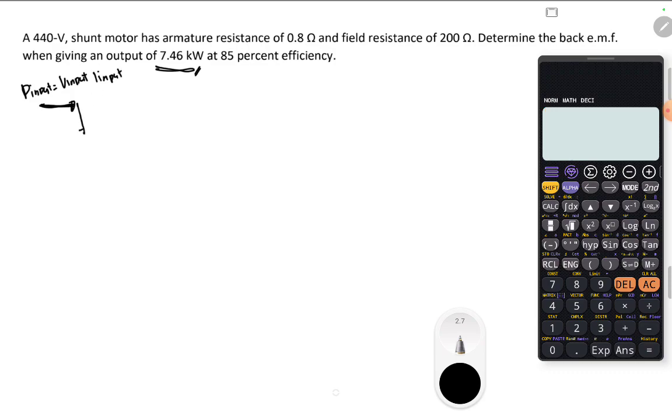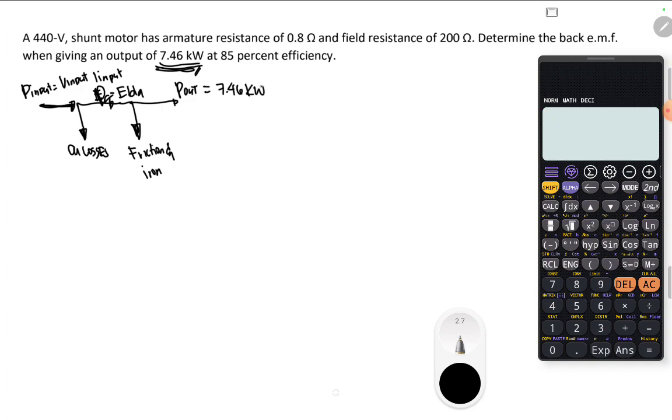Then of course you have our copper losses, and then this will be our power developed in the armature, which is your PA, which is equal to EB multiplied by IA, and then there will be friction and windage losses, and iron losses, and then lastly we have our power output, and this is the mechanical output developed, which is equal to